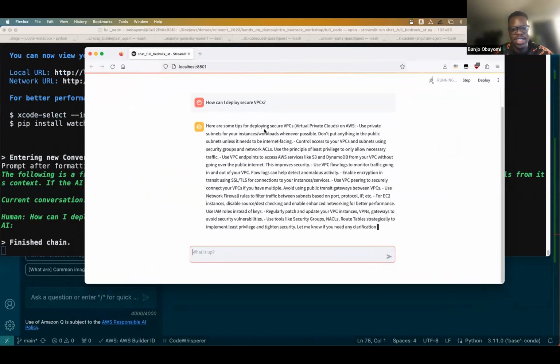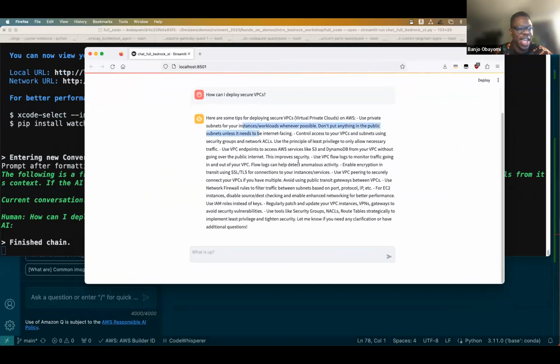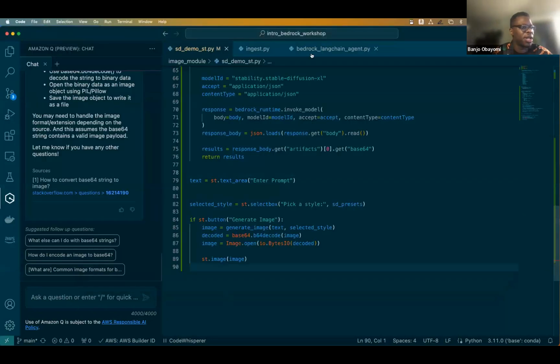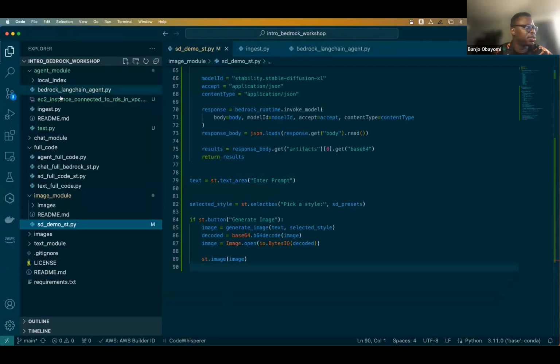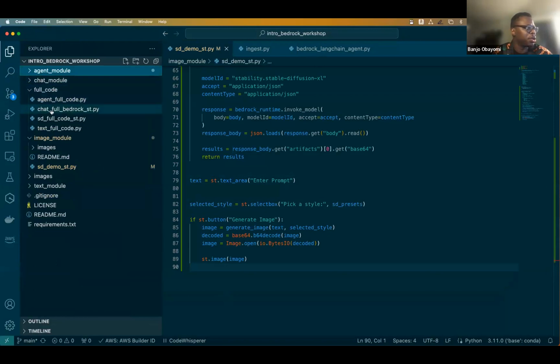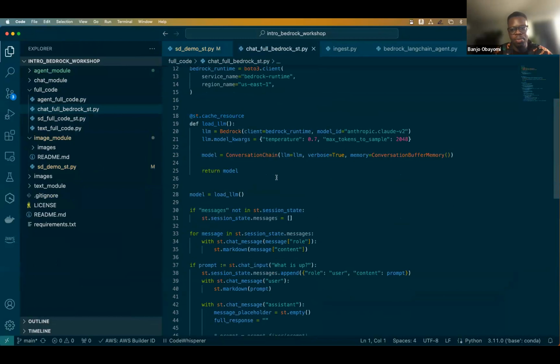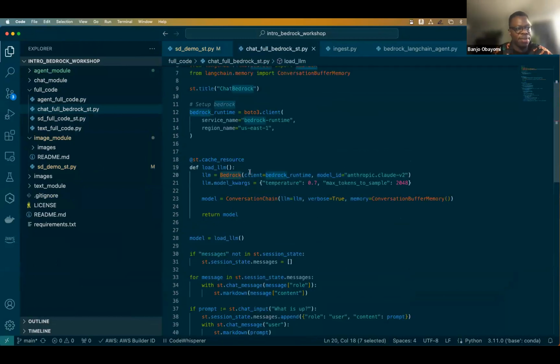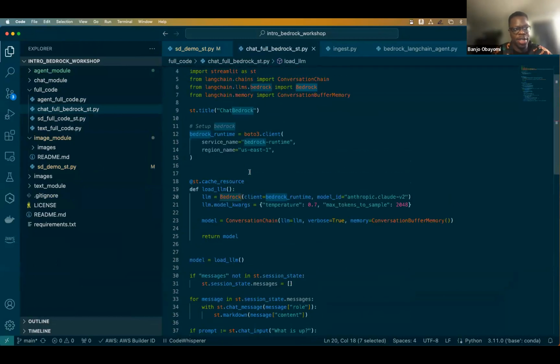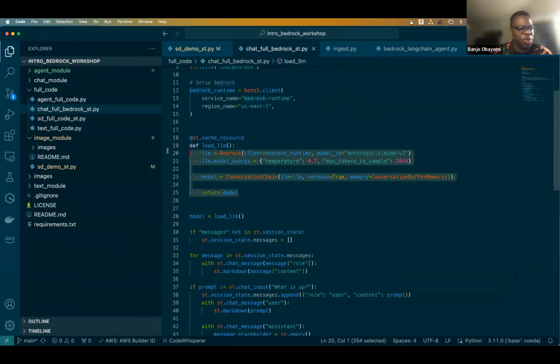I made this chatbot and I passed it a data source. So let's see how that actually works behind the scenes. I mentioned LangChain. LangChain is a framework that allows you to make composable applications. I don't want to go too much over it, but with this amount of code, I'm able to generate an